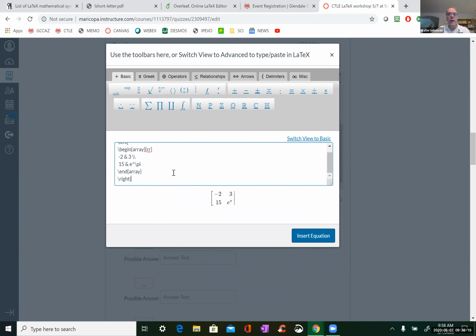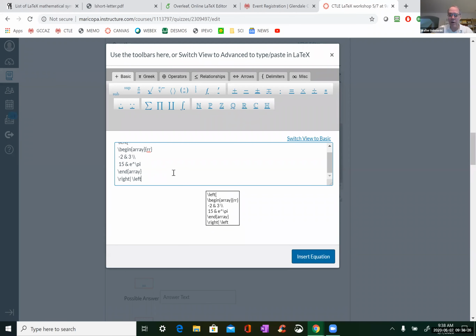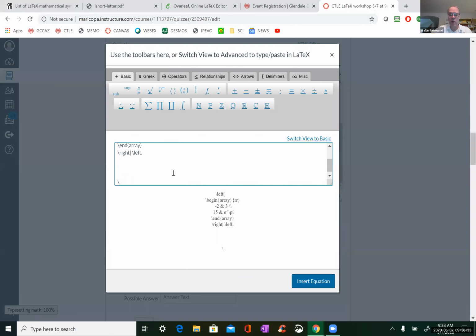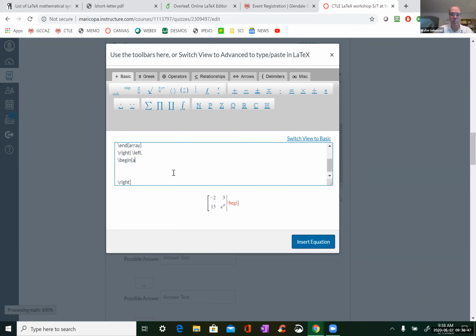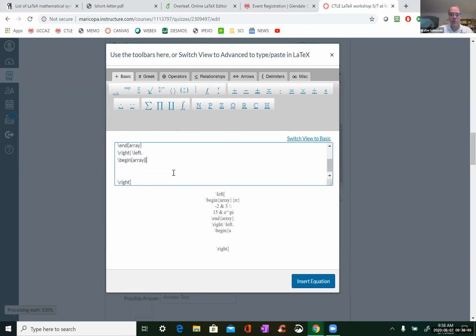Now, what you want to do now is do another array right next to it. And so now you do left, but you don't want anything there, so you put a period. And then you can do right with a bracket. Okay, and now you just create an array, a column. You just create a column. And maybe you put it to the right like that.